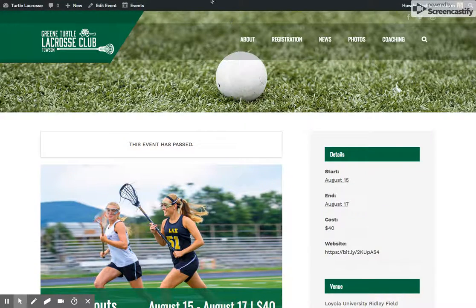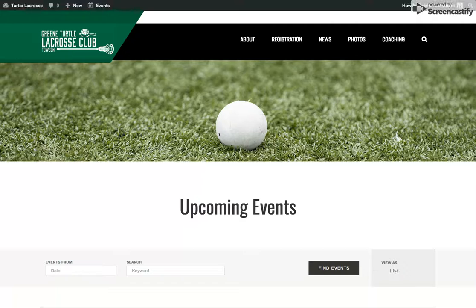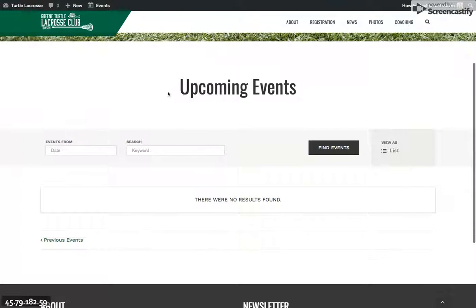So again, if you do decide to use this, we can add it back to the section where it was displaying on the home page, or we can create a new button at the top here that says events, and we'll have a page detailing what events are upcoming. Let's see if we have it. Yeah, we do currently have a page. If you go to turtlelacrosse.com/event, that will show the